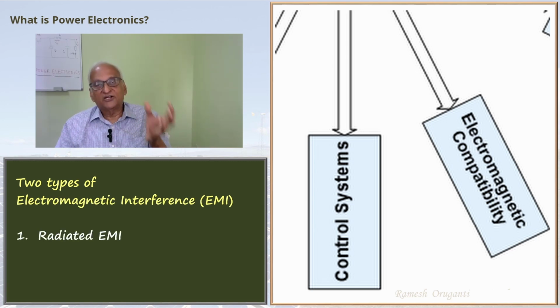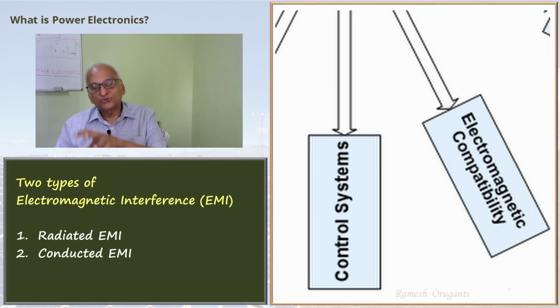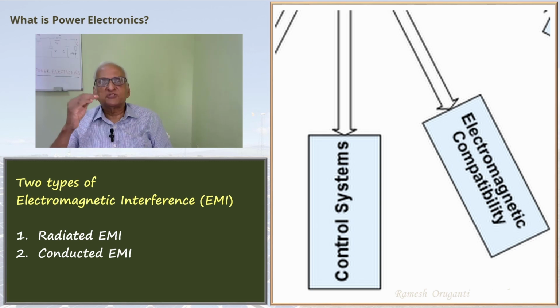The electromagnetic radiation can also interfere with the power electronic equipment and its auxiliary electronics itself. So it is important to keep this electromagnetic radiation within limits. There are standards that have to be followed, which impose limits on the amount of radiation that all power electronic equipment can generate, and